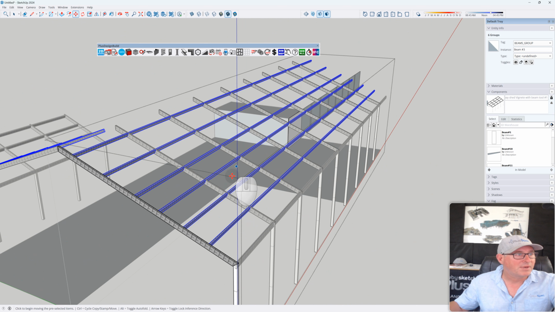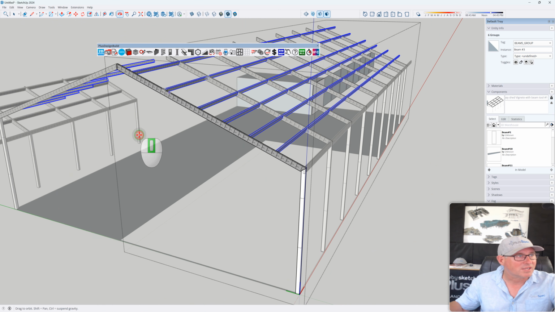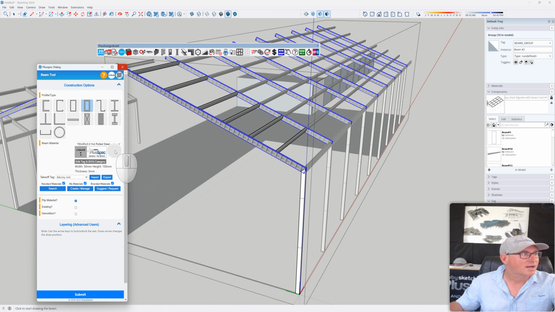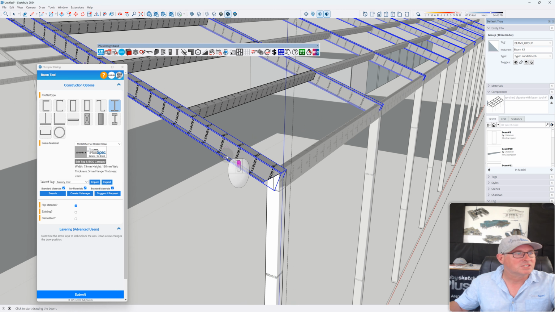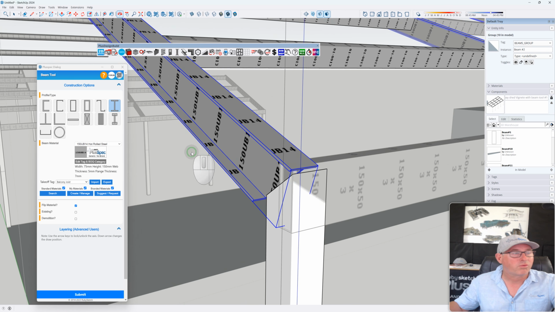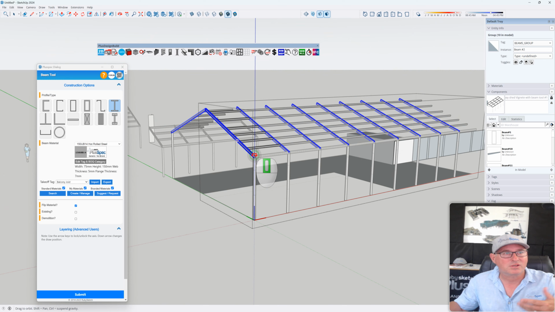And now that we've also changed the span here, I can change this beam size as well. Beam, keyboard shortcut, and it could be a UB or anything. Let's just go UB here and go submit. Right, and now what we're doing is we're changing the style and the quantities and the takeoff accordingly